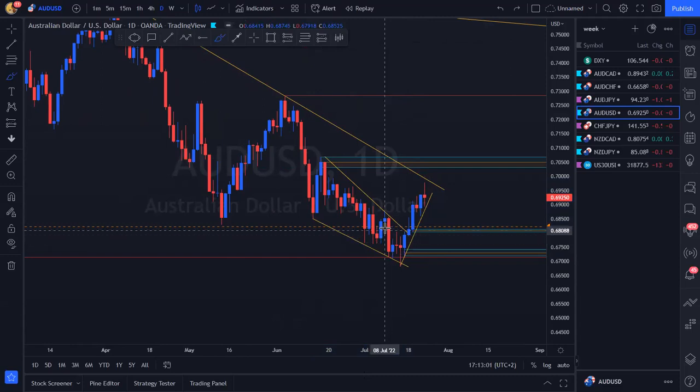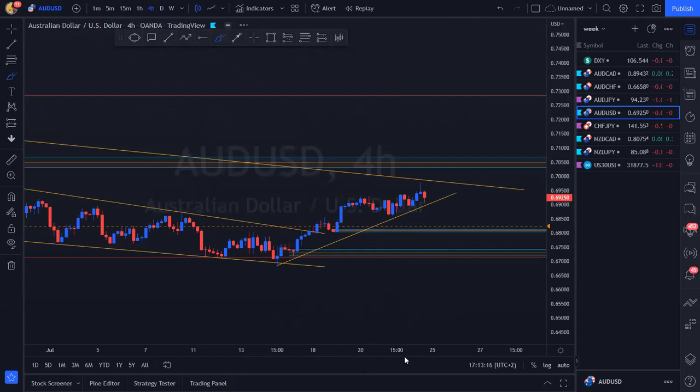Basically, first touch, second touch, third touch, we had that upside momentum. But the upside momentum we'll see on a 4 hour. We've got some more information to talk about there on a 4 hour. But basically, we're looking for bullish price momentum. We are seeing that someone somewhere is prepared to buy AU. Nice information. Since we've got a nice bullish bias, let's go down to the 4 hour